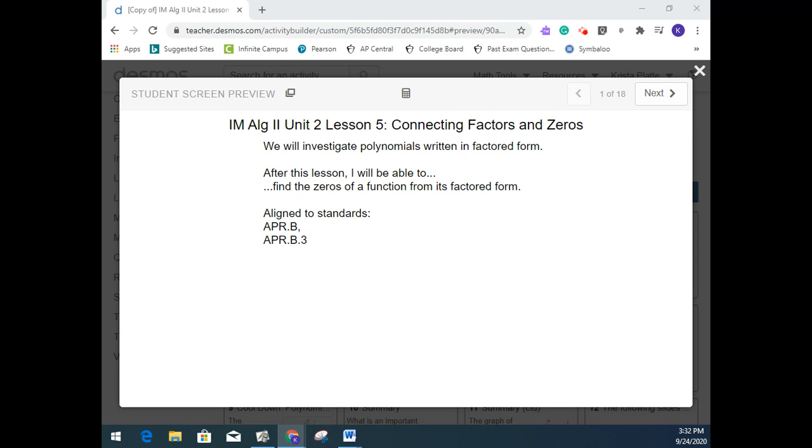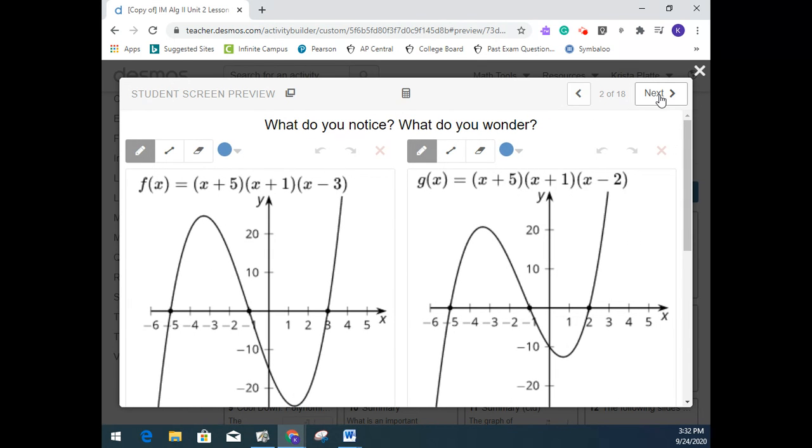Okay, let's see if we could make this work. So I'm going to try and do a video of this lesson. So for anybody that wants to watch this and try and figure some stuff out,